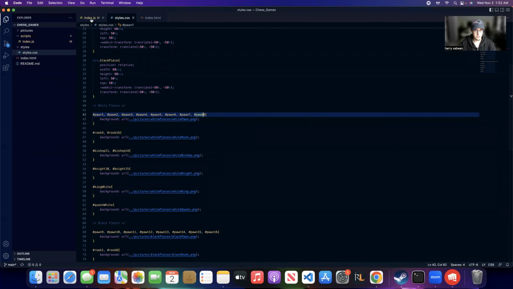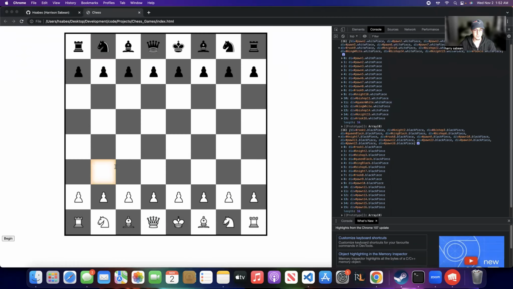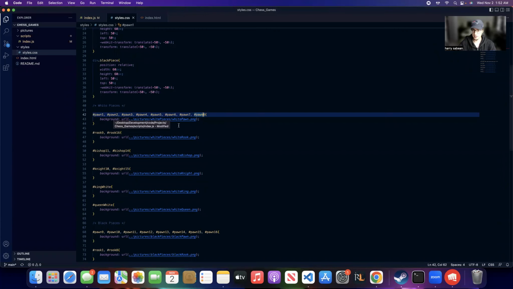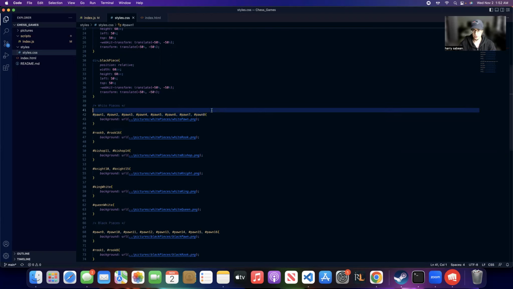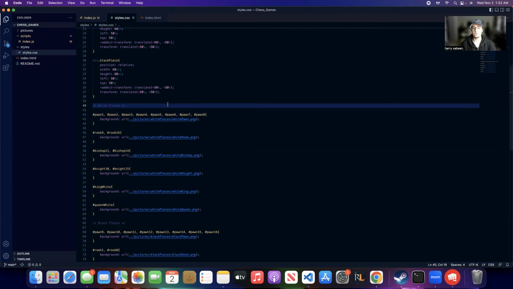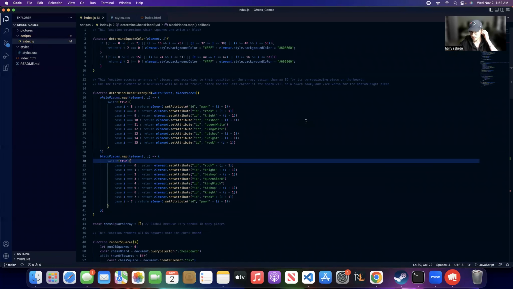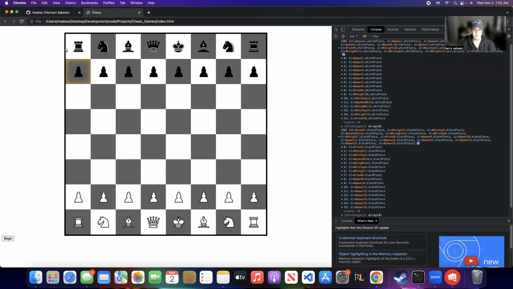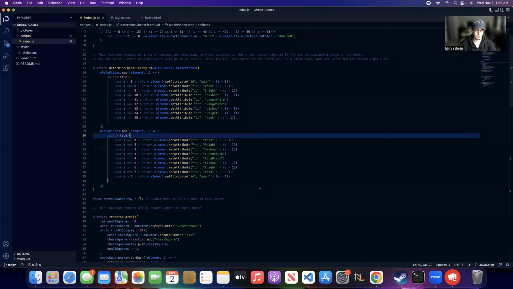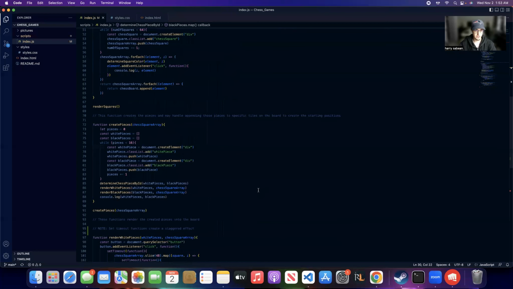So we have our pieces styled, as you can see. We've selected our pieces in our CSS, and we have given them a background image so the user can see the pieces that they are interacting with. But how did we actually get them onto the board? How did we get these divs onto the board? And moreover, how are we able to get the black pieces up here and the white pieces down here in the specific order? Well, if we come down here,